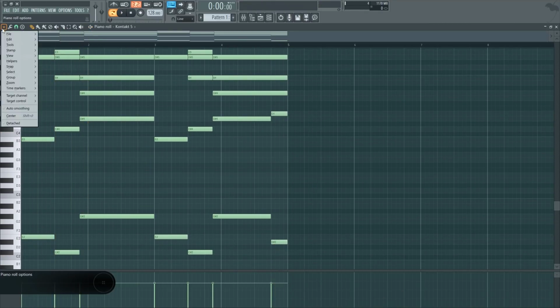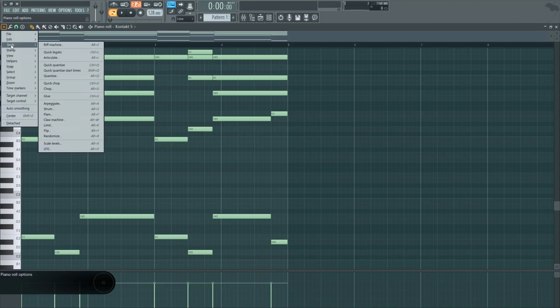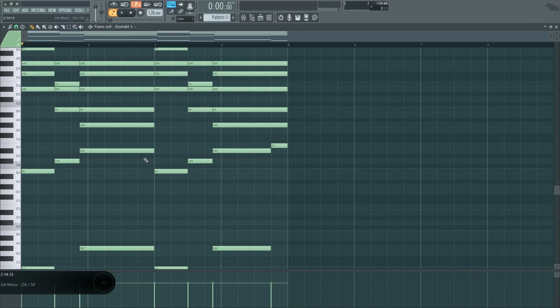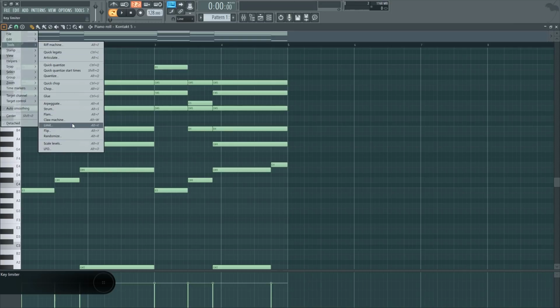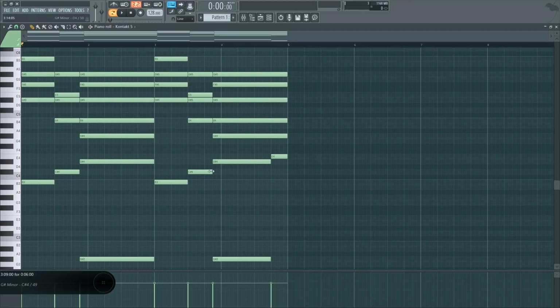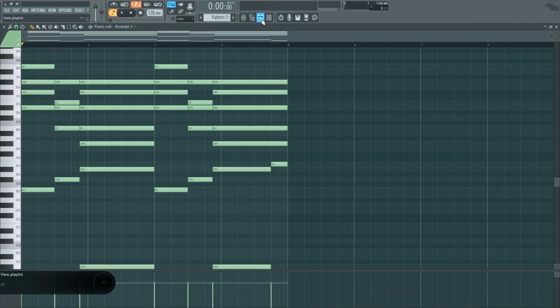So we're going to go through something called tools. FL Studio has a couple of options under the piano roll's options. If you click on the top left, there's this thing called tools, and it has a lot of options that can help turn your melodies from good to great, from sick to awesome, from dope to insane. There are a couple of options over here. Some of them don't really work well, some are just for small details, but the one I love the most, for example, is if you want to make an ARP out of this,